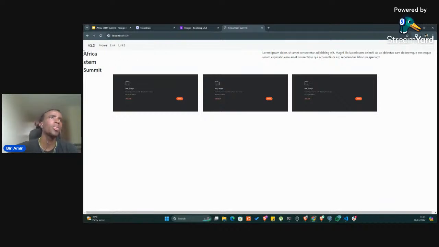So for this part of our application right here, I want us to have it a bit spaced, and I also want the content right here to come to the center of the page. So for me to achieve that,